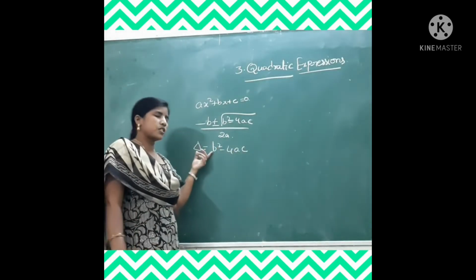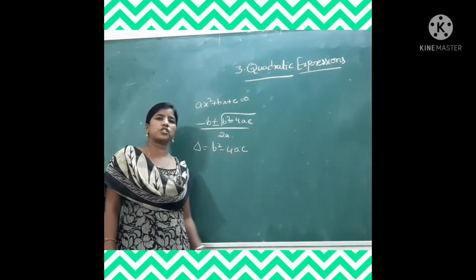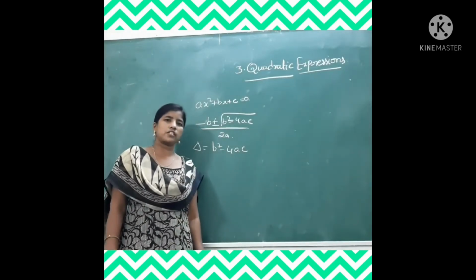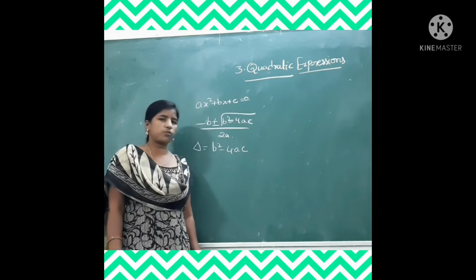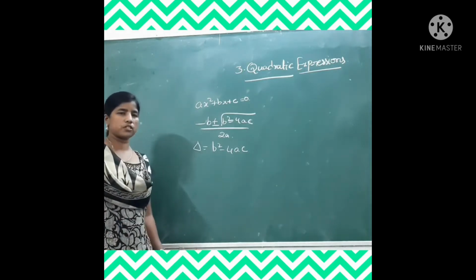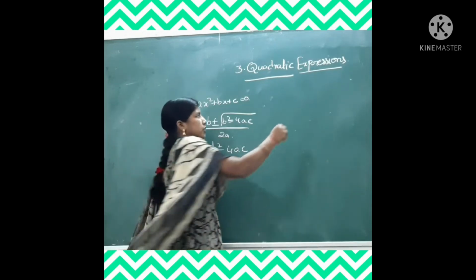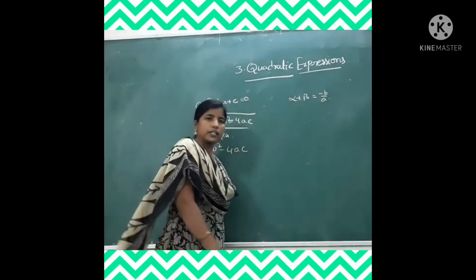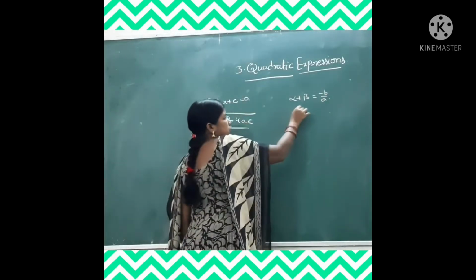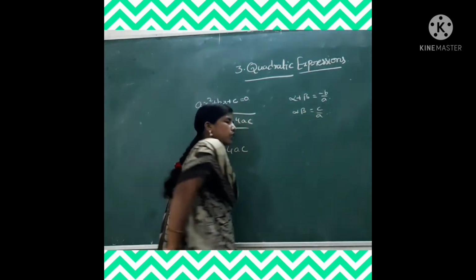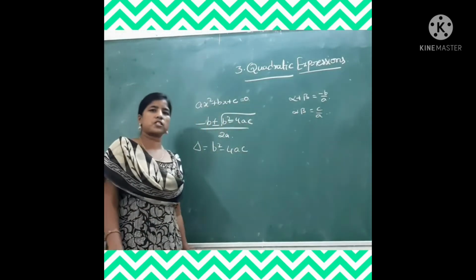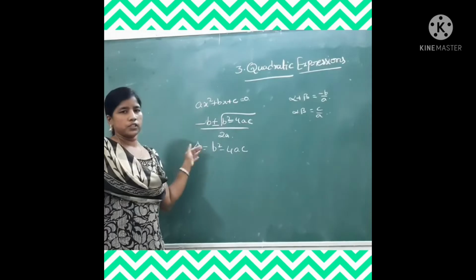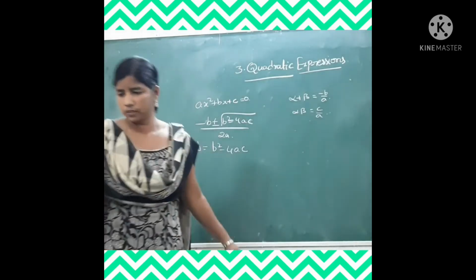Okay, from the discriminant we also get three conditions: equal to 0 gives equal roots, greater than 0 gives real and distinct roots, and less than 0 gives no real roots. Next is the sum of the roots. What is the sum of the roots of a quadratic equation? Alpha plus beta is equal to minus b by a, and the product of the roots, alpha beta, is equal to c by a. These formulas were used in some examples and exercise sums that we have completed. Now we will discuss these deeply and continue this class.